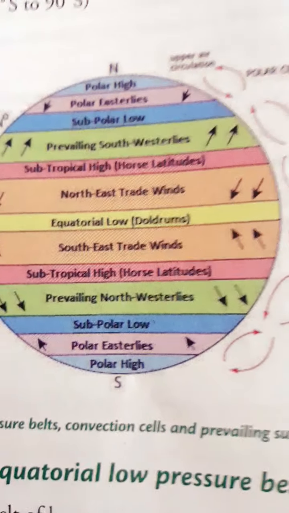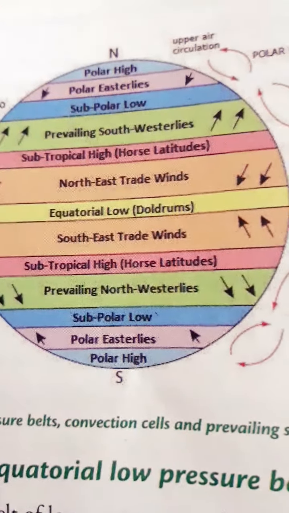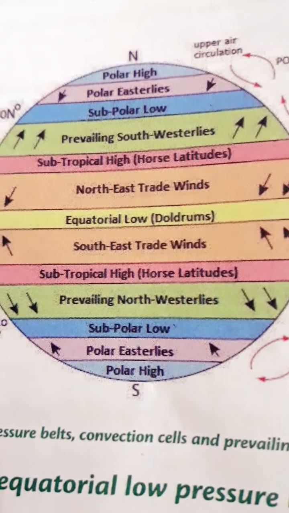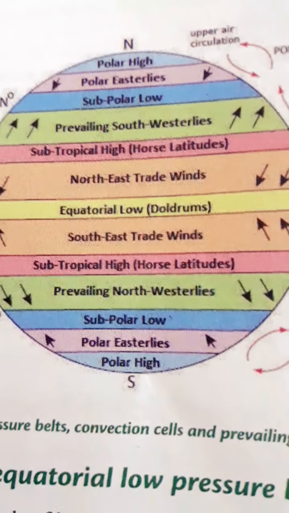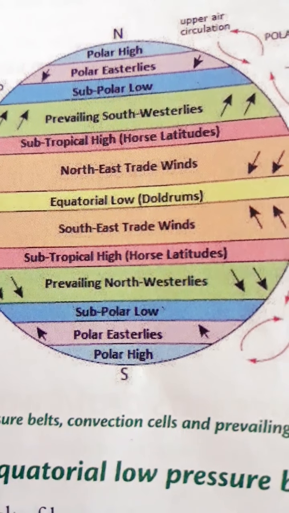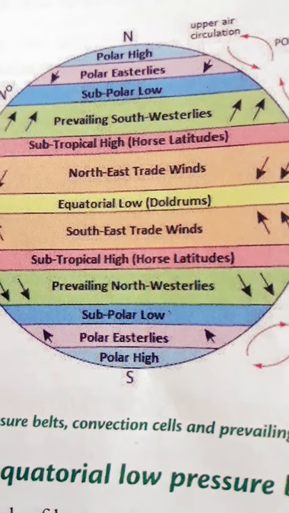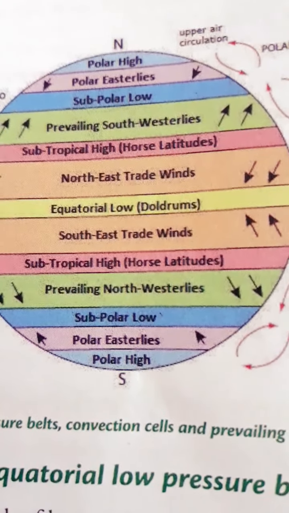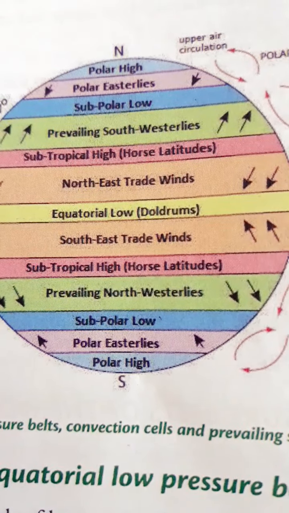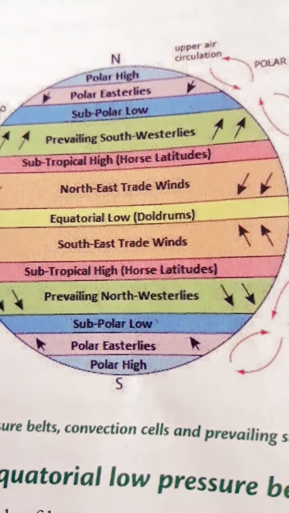We may not be able to see the wind, because wind, or air, is not visible. We just feel the wind, or we can say from which directions the winds are blown, but winds are not visible. So we use an instrument to study the wind direction. With the help of that instrument, we can say from which direction the wind is blowing. That instrument is known as the wind vane.